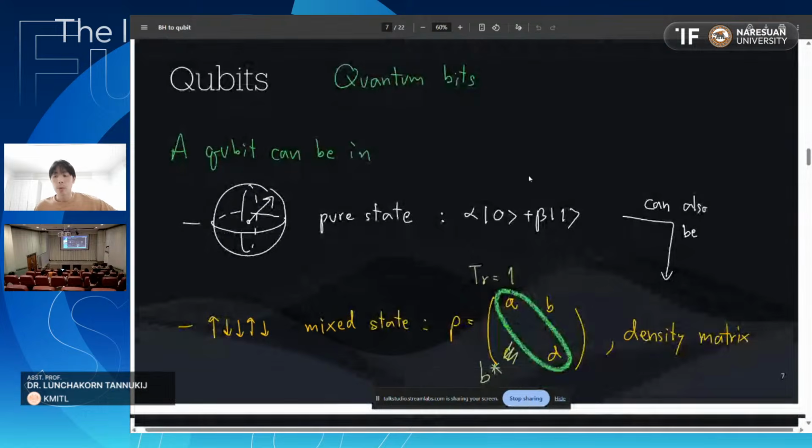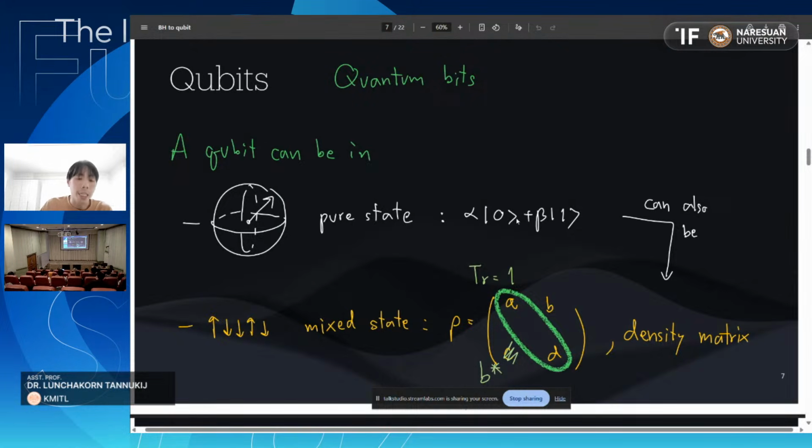Right? So a qubit is basically a quantum state that can enter only two states, just 0 or 1, right? Now in quantum mechanics, we have these quantum states, which can be expressed in two forms. One, you can express it with abstract vectors like the Dirac notation, the bra-ket thing, like this, right?